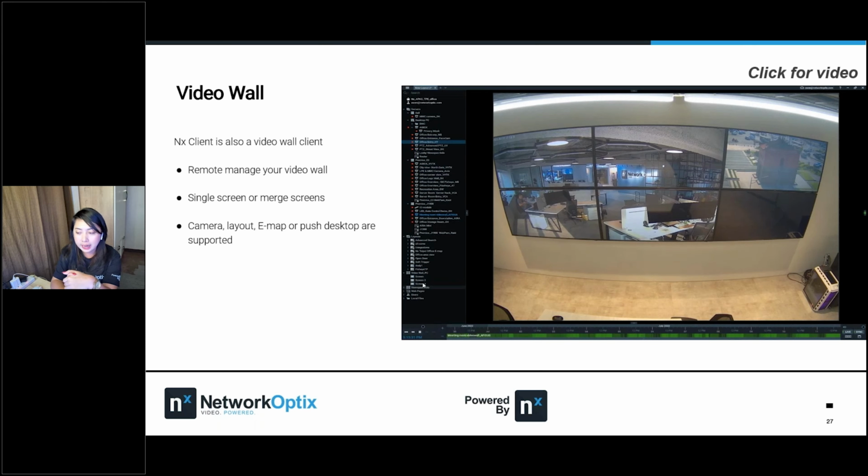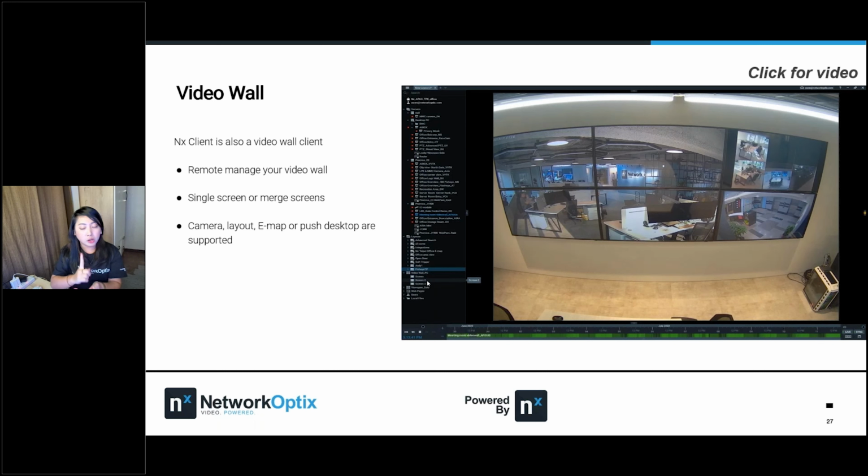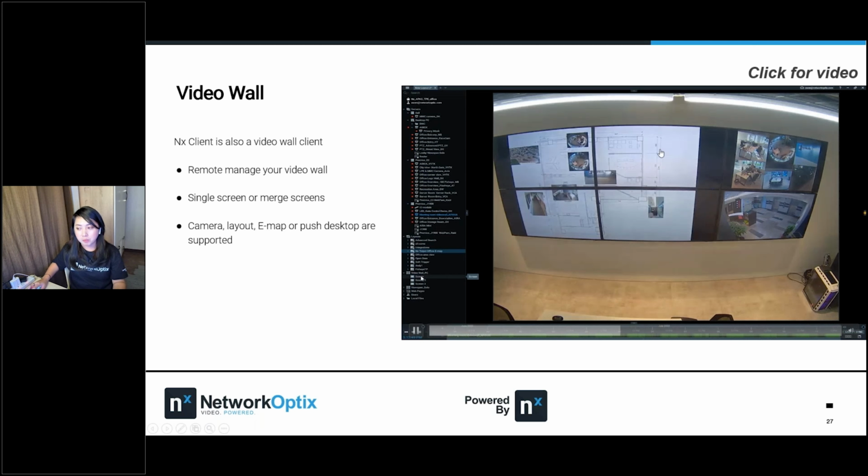So if you're going to buy a license, even though you are using 4 video wall monitors and make it as one, then you will only purchase one license for that. And not to mention that we're only using this one in order for this whole 6 monitors to work. So that is video wall.